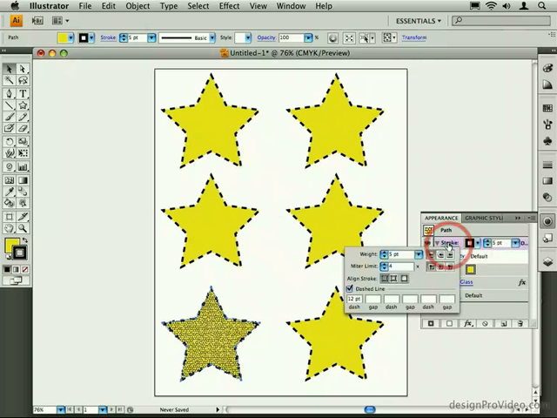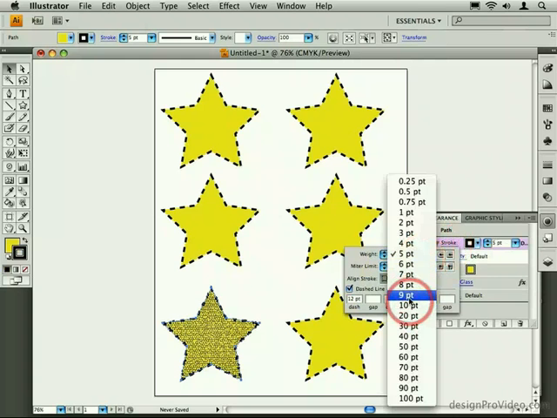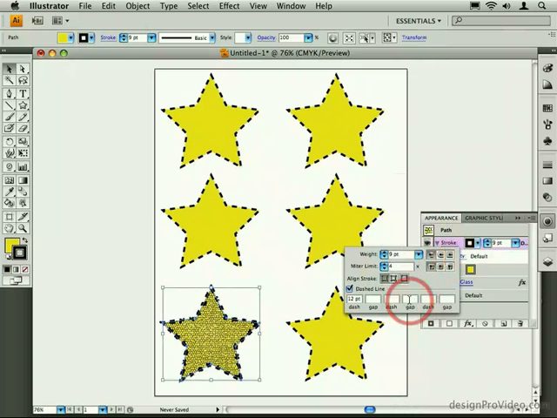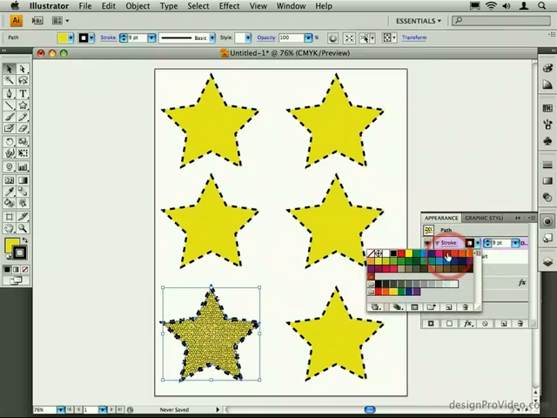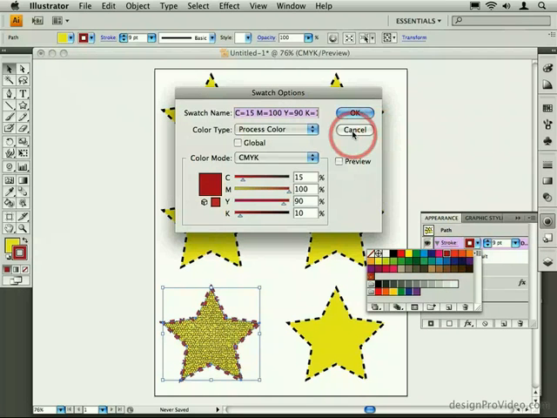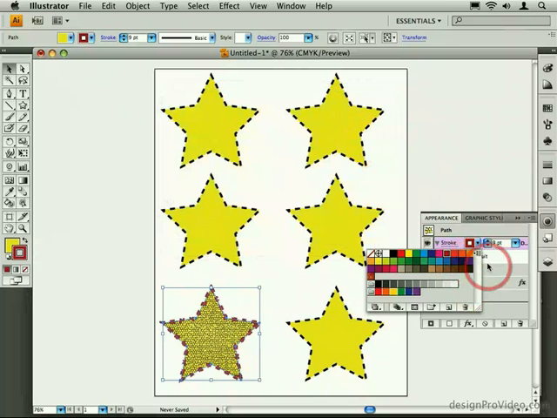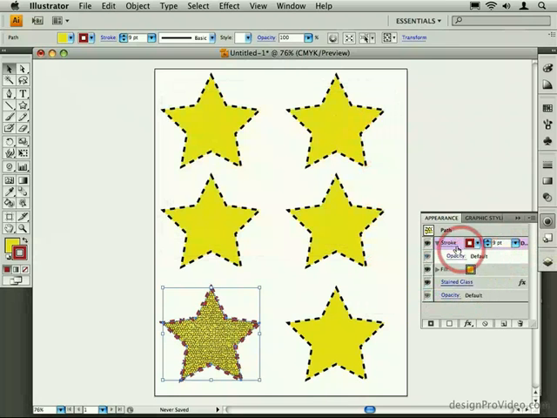For example, if I wanted to come in here and change the weight of the stroke, all I have to do is click on the blue colored stroke link there. The color for the stroke is also right here at my fingertips. I can change the colors, select new swatches right here within the Appearance panel, and the changes are updated in real time. I can also revisit